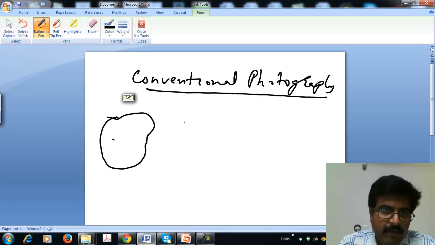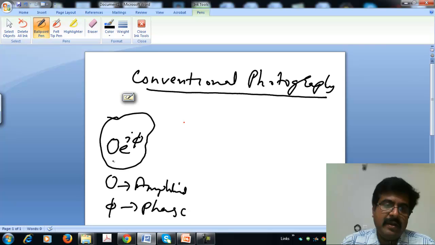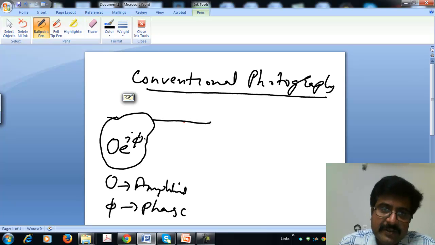Let us denote it by O e raised to i phi, where O is the amplitude and phi is the phase information. Phase means the phase information contains the 3D information. When we photograph this object using a camera,